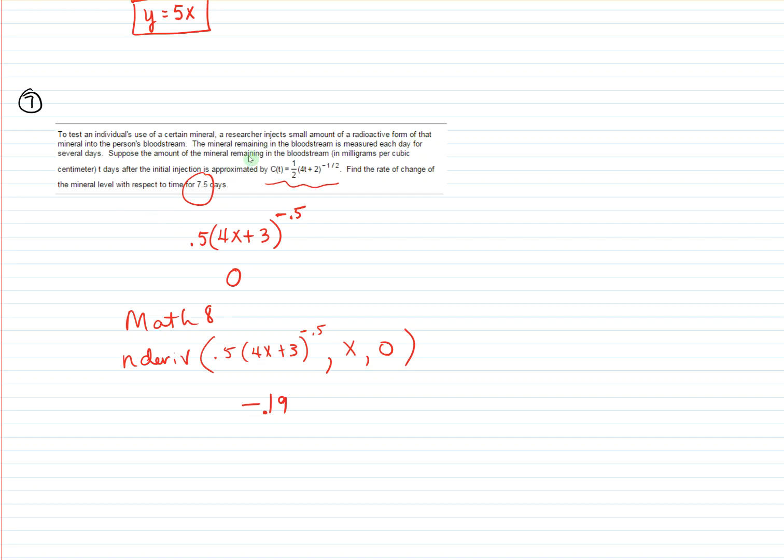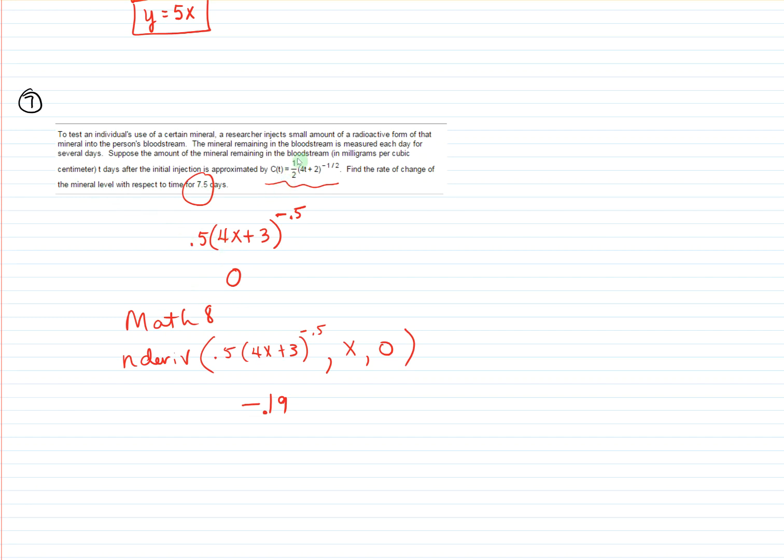Suppose the amount of the mineral remaining in milligrams per cubic centimeters T days after the initial injection is approximated by. So here is our function. That says how much is going to be there at T days. Find the rate of change of the mineral level with respect to time for 7.5 days. 7.5. All right, so